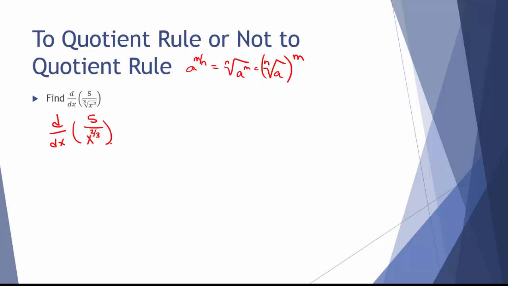So now we're looking at an example very similar to the one we just did. You can use quotient rule on this. It's not incorrect to do so, but it's probably just a little bit faster to rewrite this as 5 times x to the -2/3 instead. Notice I'm leaving the d dx here because I have not taken the derivative of this yet. Now that I have it rewritten to where I can apply power rule and the constant multiple rule, I'm going to go ahead and take the derivative. So I will drop the d dx. I will take 5 times the -2/3 for -10/3 times x raised to the new power of -2/3 minus 1,